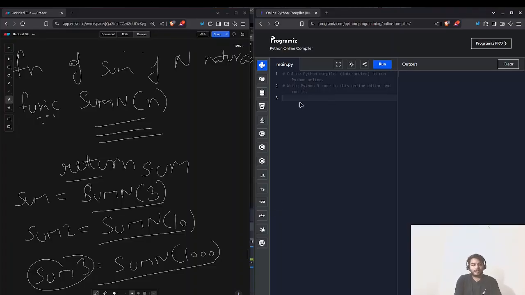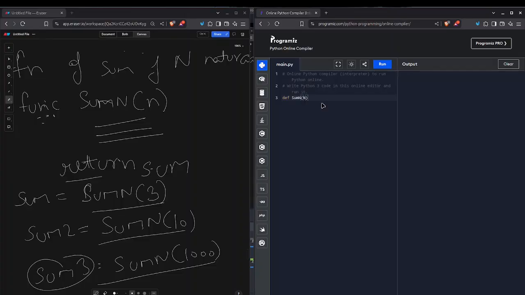For creating a function we first have to write our function declaration. In Python we use def for function declaration, then the function name which is sum n, then the input is n, and for telling the compiler our function definition is completed we use a colon.